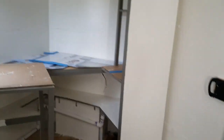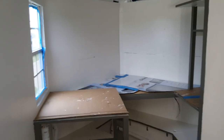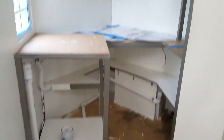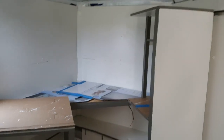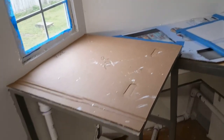As you can see, I've reassembled some stuff and painted the gray trim in, though it's not completed. We still got some touch-up work to do, but it's making progress. You can see the gray trim and the white cabinets. On top of the cabinets, I bought some Formica laminate to glue on top, but